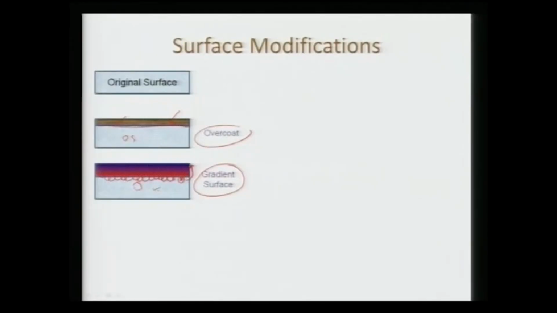So, aluminum oxide may provide much more toughening to it, but hydroxyapatite will provide much more cell activity on the surface. So, in that particular case, we want to go from 100% alumina to 100% hydroxyapatite. So, we have Al2O3 100%, and we want to go to hydroxyapatite 100%. So, we want to go gradually from 90, 80, 70, 60% of alumina to eventually come to 0% alumina. So, we are providing nothing but a gradient surface. That part also can be taken care of by using certain surface modification,